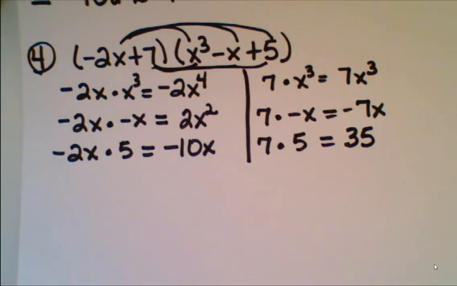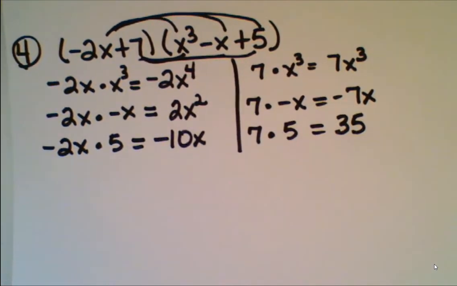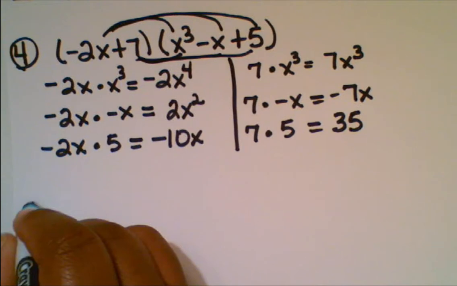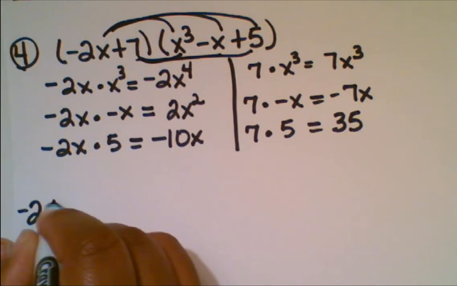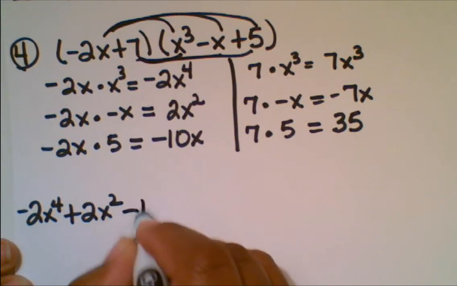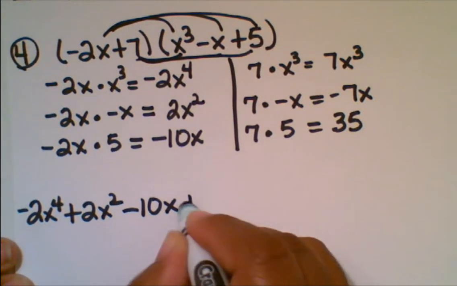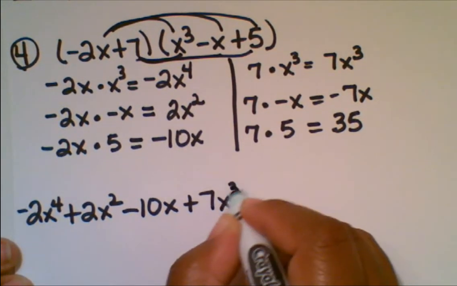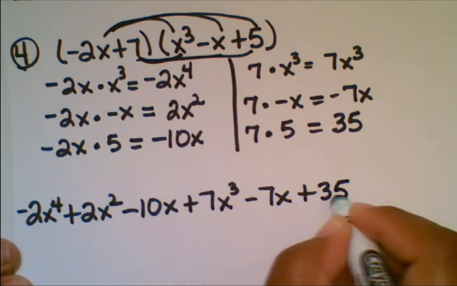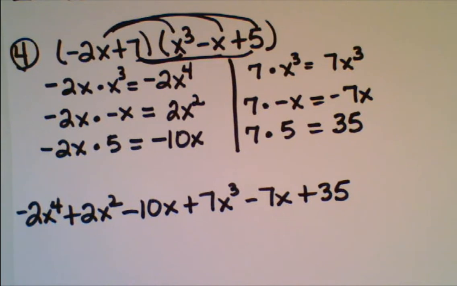Now let's bring our terms together. We have negative 2x to the fourth plus 2x squared minus 10x plus 7x cubed minus 7x plus 35. And as we bring our terms together,